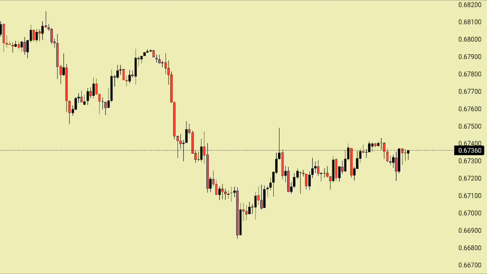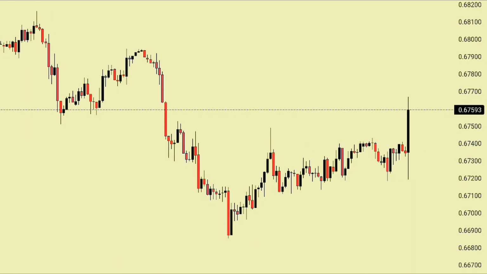Let's begin by observing market structure. Price was previously moving upward, forming higher highs and higher lows. But then something important happens. The market creates a clear break of structure to the downside. A break of structure simply means the market has violated a previous swing low, signaling that the character of the